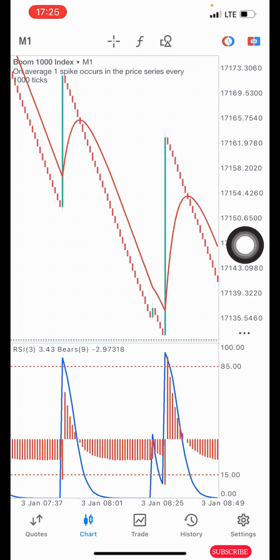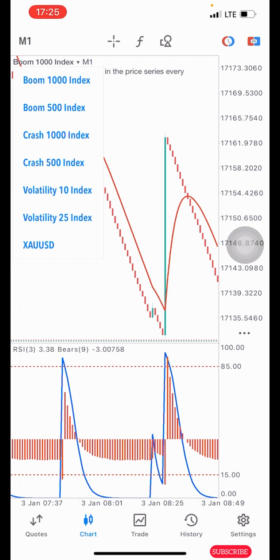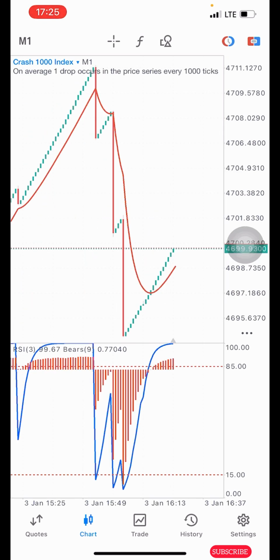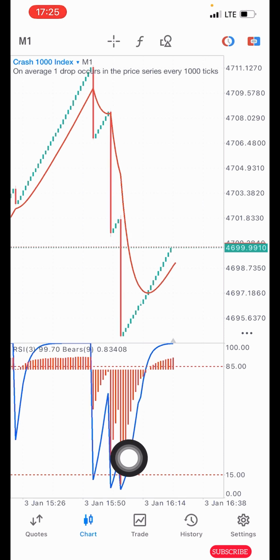So this is an example on boom 1000. Let me show you guys an example on crash. You can see the same condition was met here. Immediately you see that this line is at the oversold level. This is crash, so we are going to be doing the opposite. Immediately you observe from the indicator that the red line here is at the oversold level,